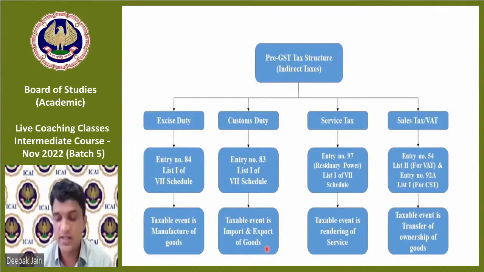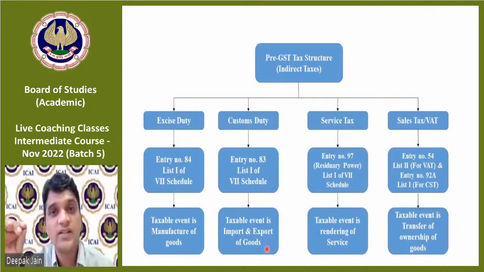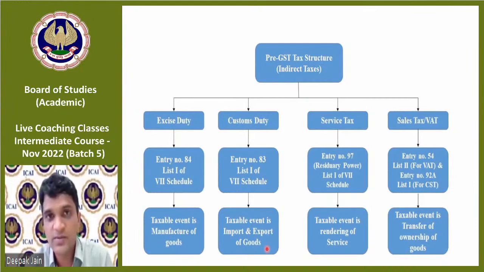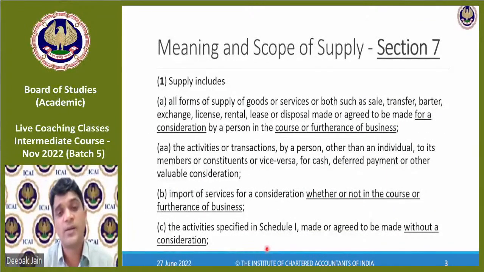Similarly, what happens in GST now? In GST, the levy trigger event, the taxable event, is supply. So you will understand supply and then its provisions as well. Okay. Section 7: we'll get into supply, how the taxable trigger has to occur and then the tax attracts. Similarly, under GST, the supply has to take place. Once supply takes place, then the trigger of GST starts.